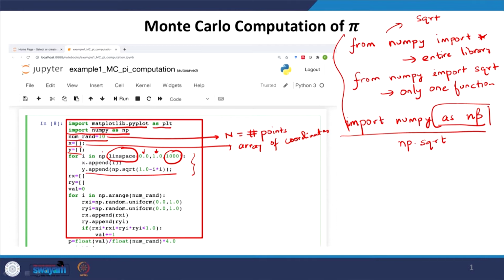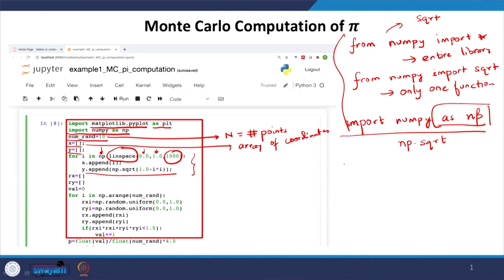There is no Monte Carlo here so far, I am just plotting the circle. So, I am generating 1000 points between 0 and 1, and the points are uniformly located, and this is done by the linspace function that is present in the NumPy library that I have called using np, right. So, linspace will give me 1000 points between 0 and 1: 0.001, 0.002 and so on until 1, that is what the array would be.